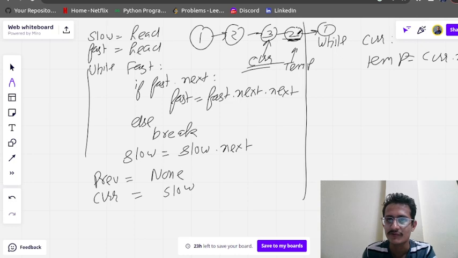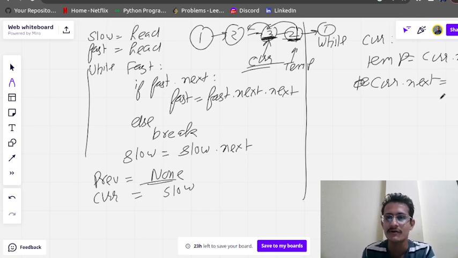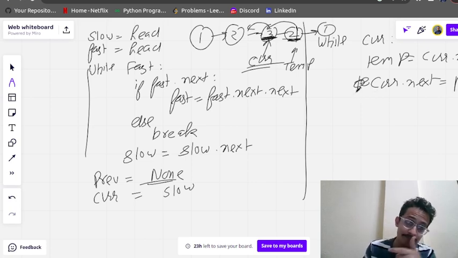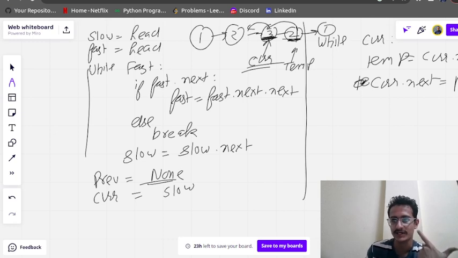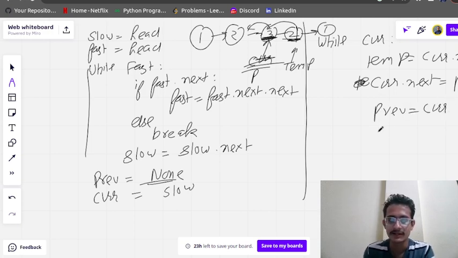Now I need to store the address of previous in current.next, and previous is now None, so current.next = previous. We are reversing the connections. Then I will move previous to current, so previous = current, and current = temp. So current will come to this place.